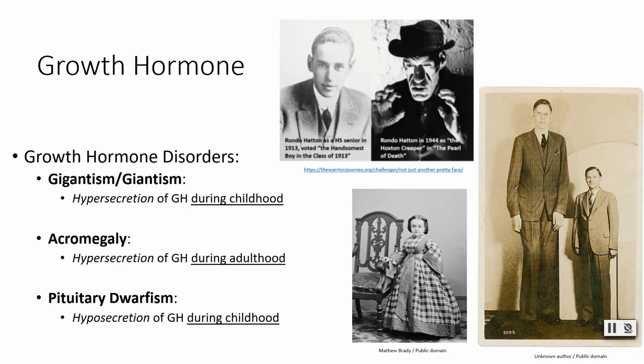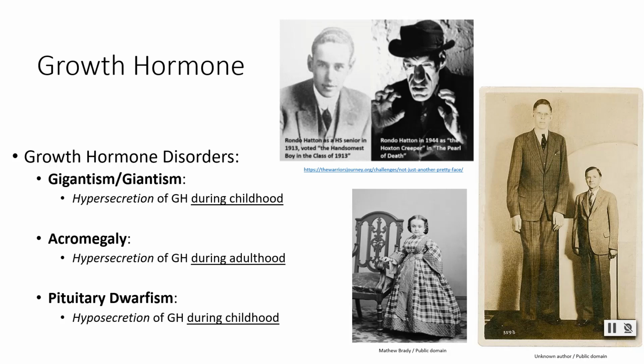Now, if instead you hypersecrete growth hormone during your adulthood, so you are a full-grown adult, you haven't hit a growth spurt in 20 years, your bone plates have fused, you hit 5'5" and that's all you ever got, but now you're suddenly secreting growth hormone again. You are not going to get extra tall, so you're not going to go from 5'5" to 5'11". Instead, you are suffering from acromegaly,